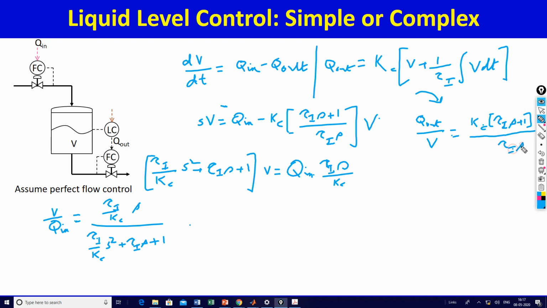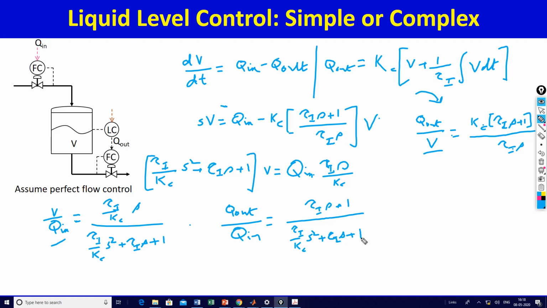So if you multiply these two transfer functions, this and this, what you get is Q out by Q in is equal to Kc by tau I, S cancels out, so what you have is tau I S plus 1 divided by tau I by Kc times S square plus tau I S plus 1. So these are the two transfer functions,